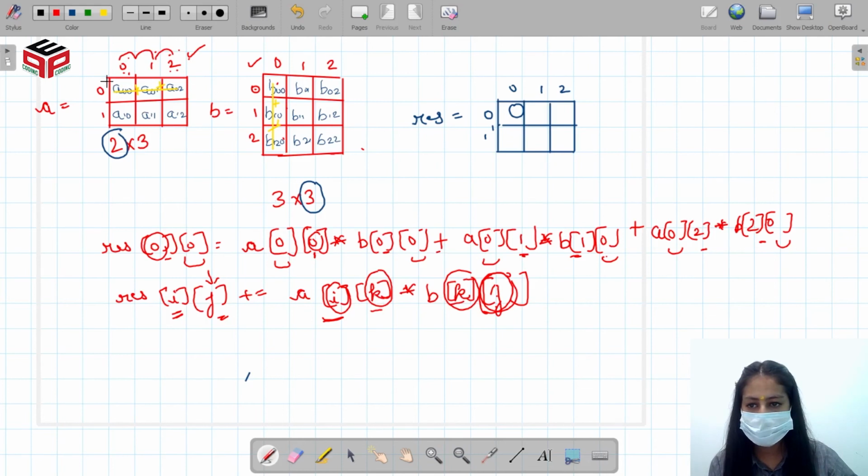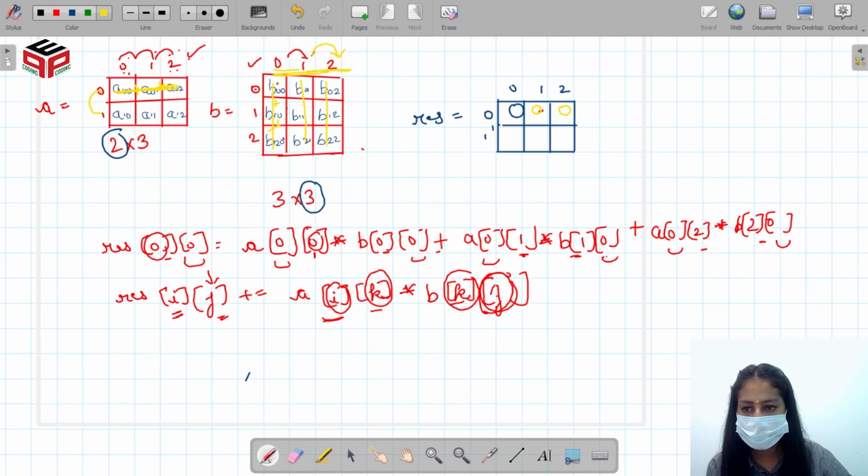So in this cell this will come, in this cell the value of j is incremented by 1, this and this will come, again the value of j is incremented by 1, this will come. The value of j is incremented for the number of columns of the second matrix, right? So this will get filled.